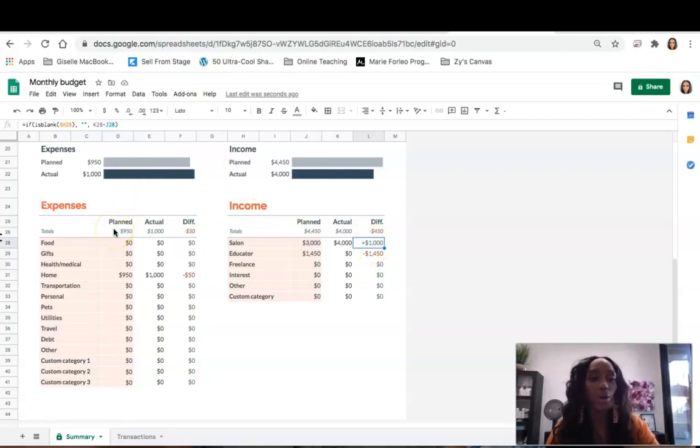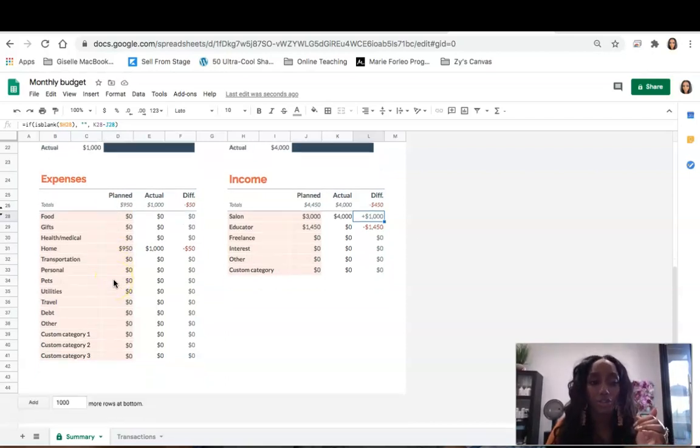Excuse me. So you would just go in and fill in your expenses, delete any columns that you don't need, or keep them at zero, because the bigger you get, the more expenses you're going to have and the more income you're going to get. But this is going to keep you on track. So this is a very simple Google Sheets, free for you to use, but I highly recommend you start doing something. Even right now, if you feel like you're making zero to no money, this is going to help you.